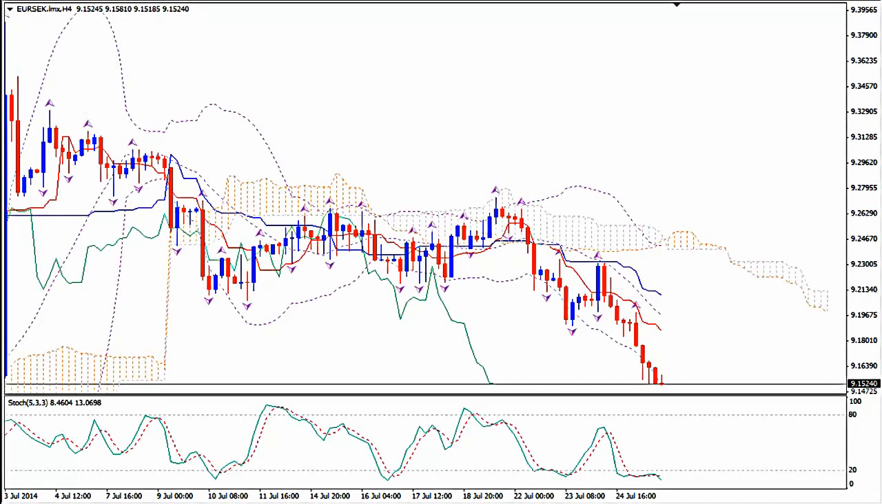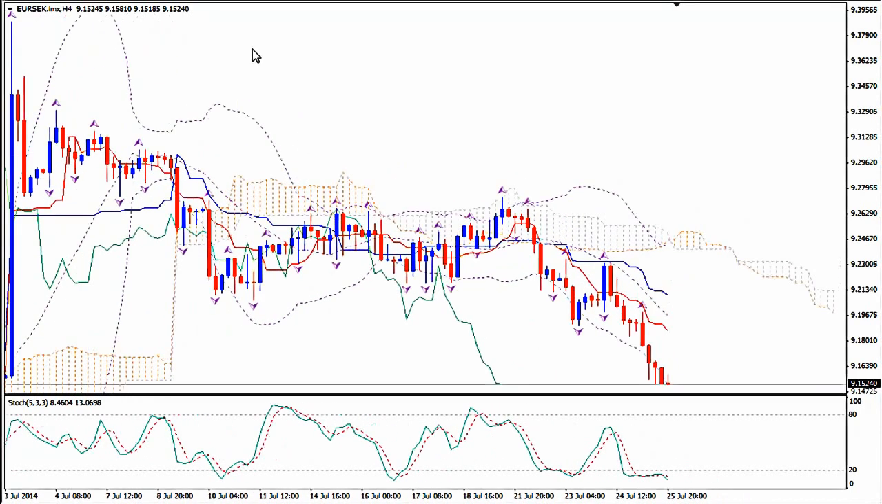I'm using Ichimoku Kinko Hyo, Bollinger Bands, Fractals, and Stochastics. At the H4 time frame, the 4 hours time frame, I see that there is a clear downward move. So I will go to the daily time frame to see if actually